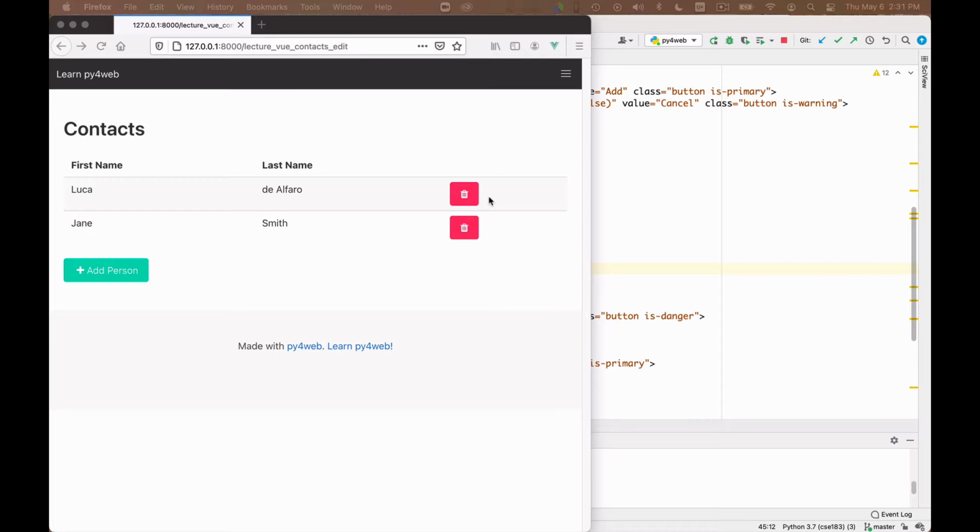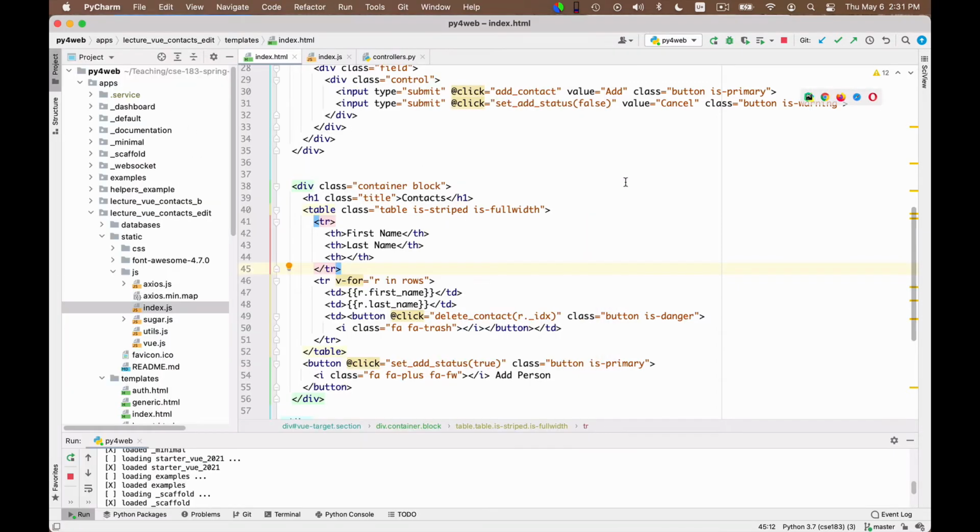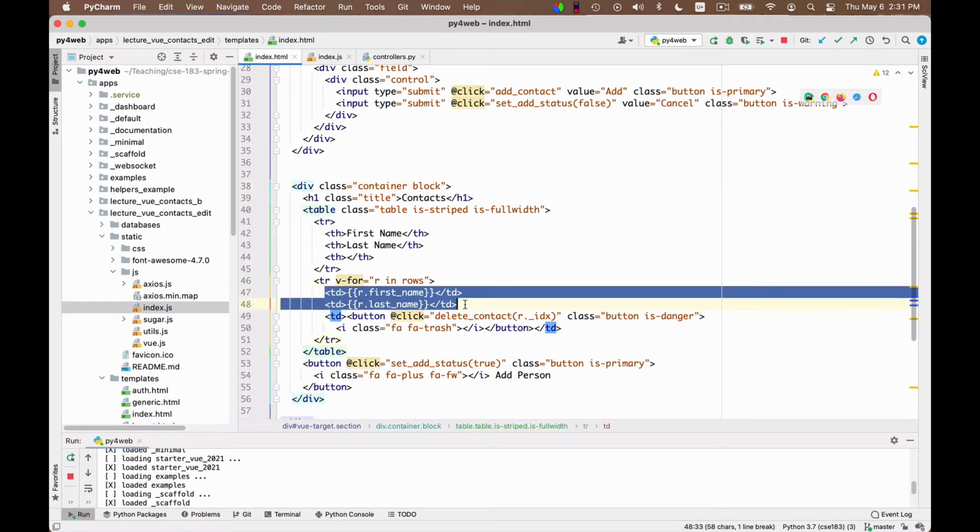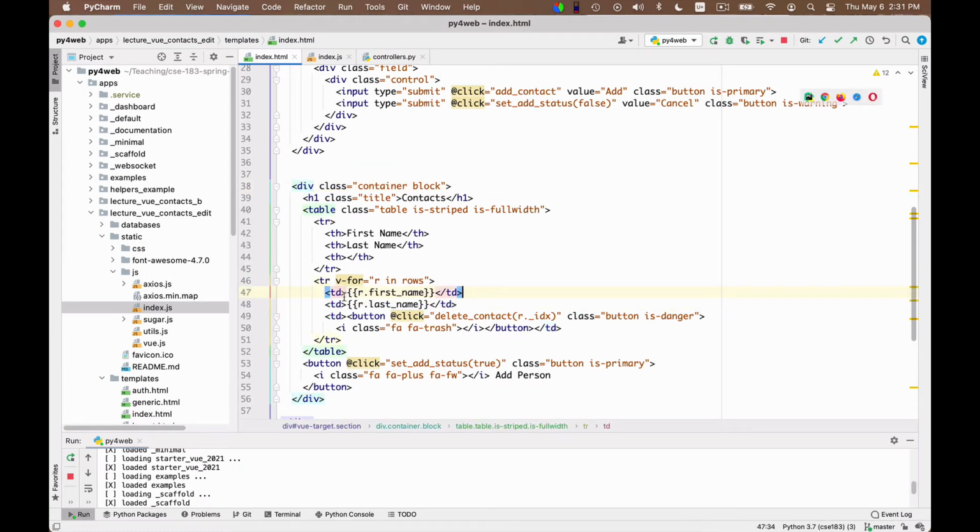What I want to do is something different. I want to be able to directly click on the content, here on the last name for instance, and edit it. To do that, let me first rationalize a little bit the HTML that is generating this page. You see here that to output a row, I have two identical TD tags. These are TD's, cell data, one for the first name and one for the last name.